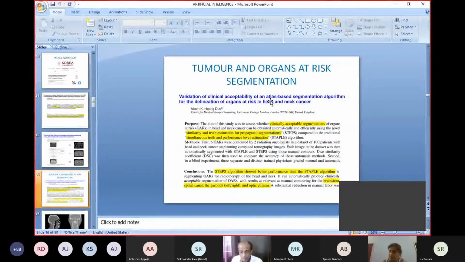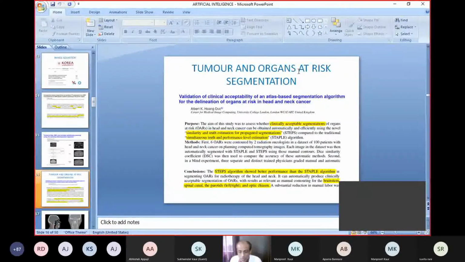What is segmentation? Segmentation means we define the areas, like I showed in my previous slide. We draw the tumor area and we draw the normal areas. If this drawing can be done automatically by the computer, it will spare a lot of the doctor's time. I, being a radiation oncologist, need to sit at least 4 hours for a single patient to plan the areas. In my department, we are planning at least 10 patients a day, and at least with me, the waiting list is now 50 patients. So at maximum in a day we can plan 2 to 3 patients.